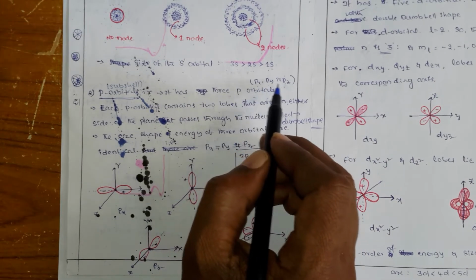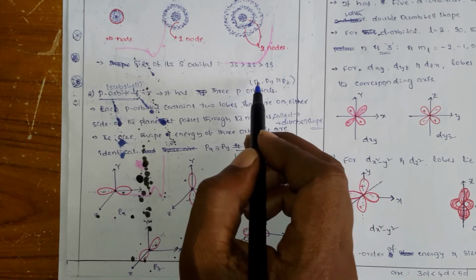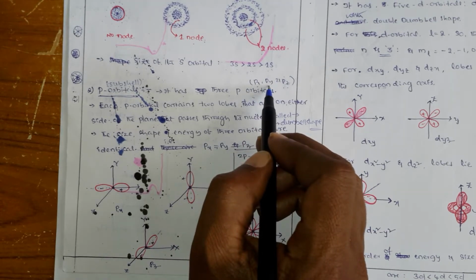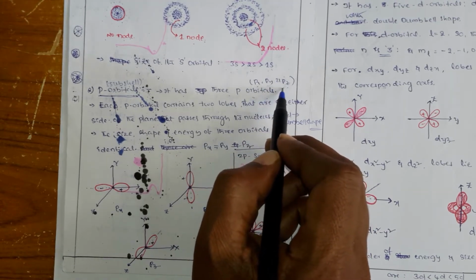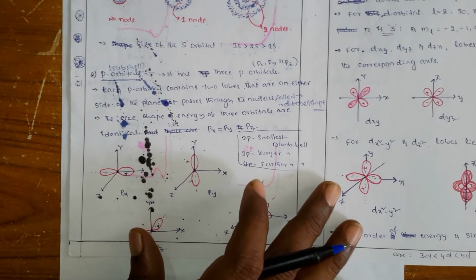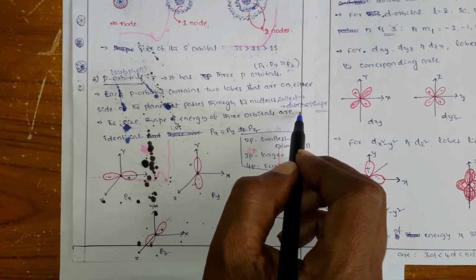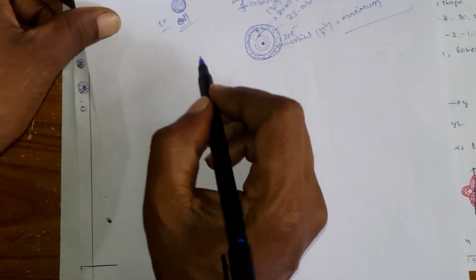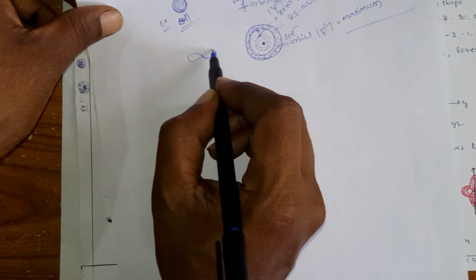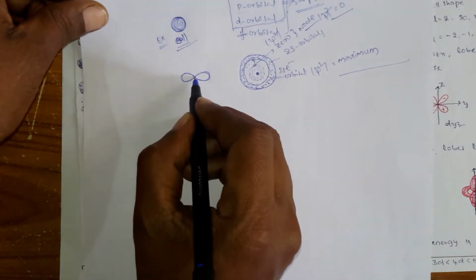What is this x, y and z? These x, y, z's are the coordinates. Okay, so that means there is one p orbital along the x axis, one p orbital along the y axis, and one more p orbital along the z axis. Okay, and what is the shape of the p orbital? Generally it is dumbbell in shape. Okay, so what is the dumbbell? You know that when you do exercise you can see a dumbbell like this. So it is a dumbbell shape.